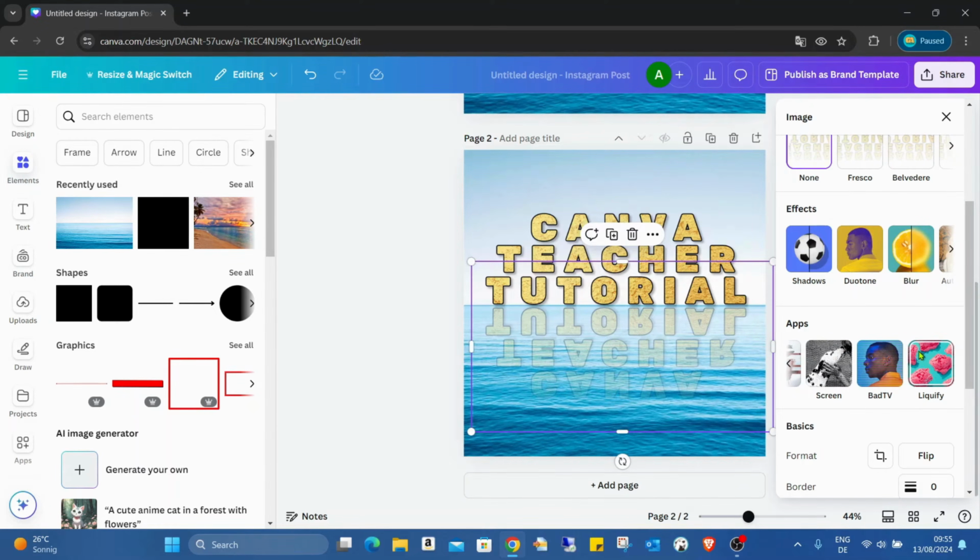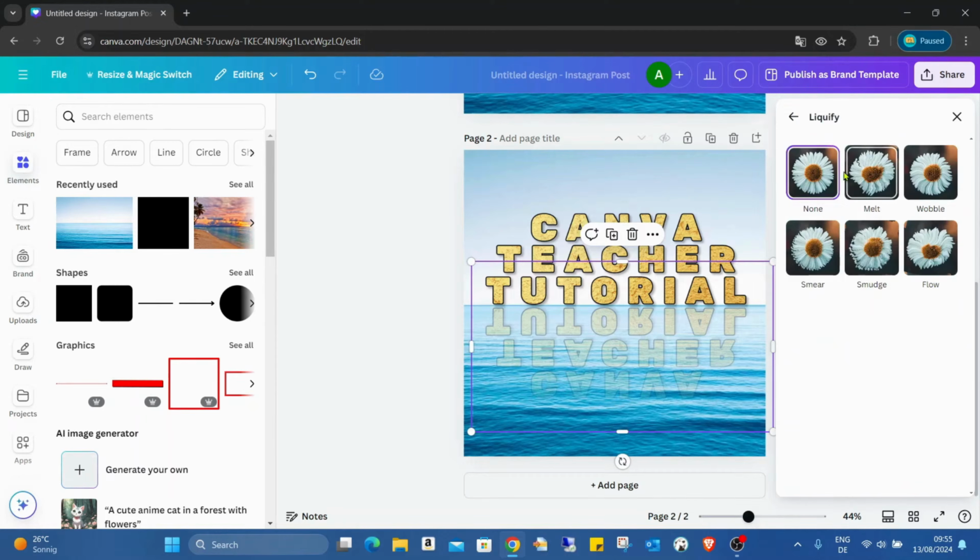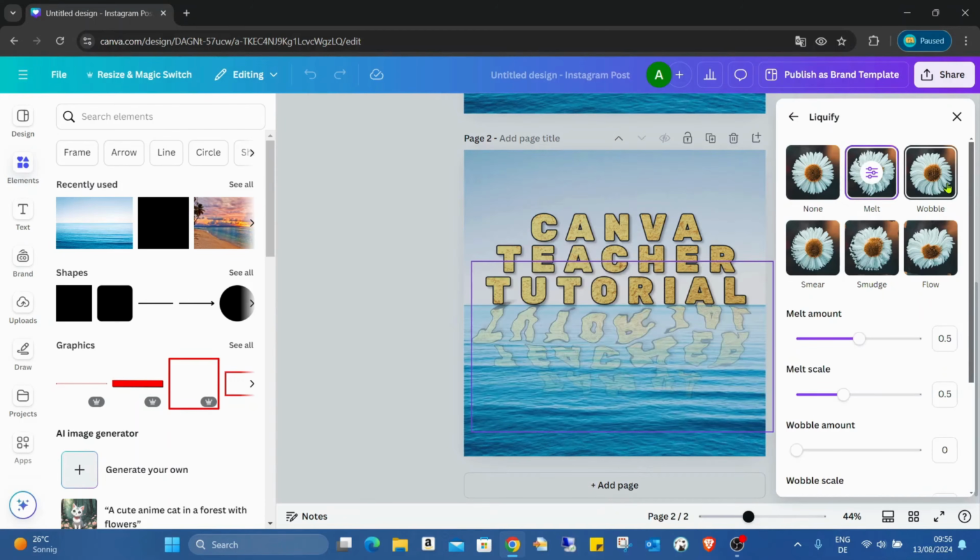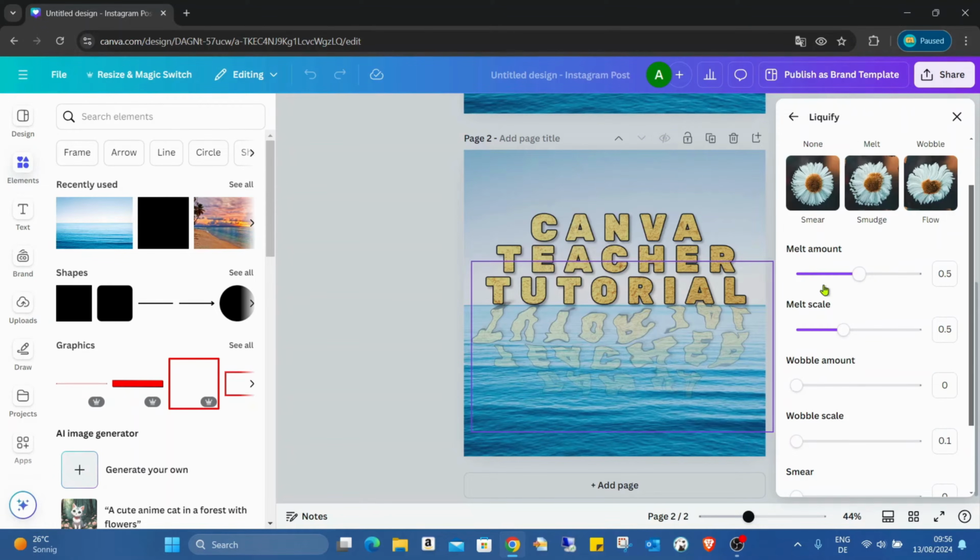Here is this liquified application where we can choose between the melt, the wobbly, smear, smudge and flow. I use the melt. Then I can play with the melt amount, melt scale, even with the wobble scale. As you can see, there is a very